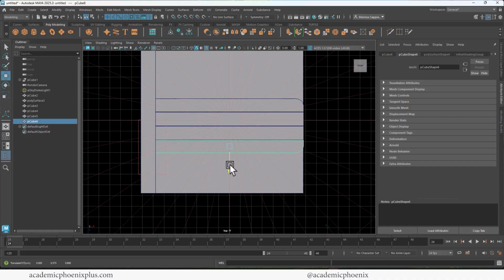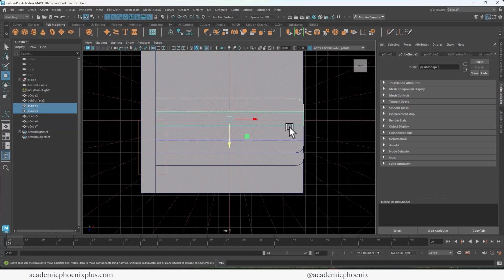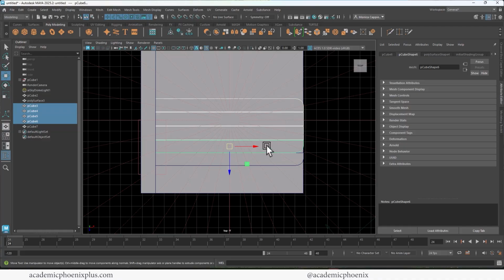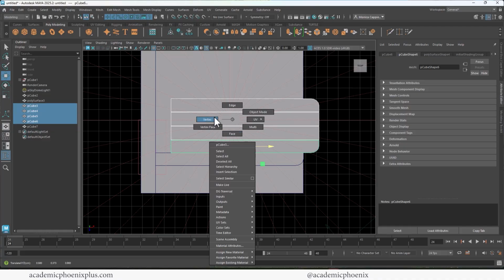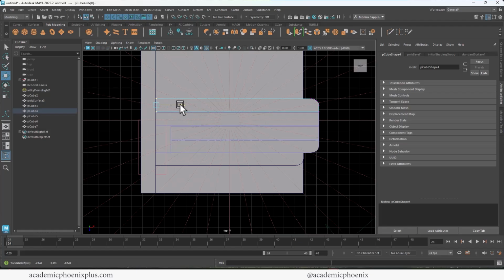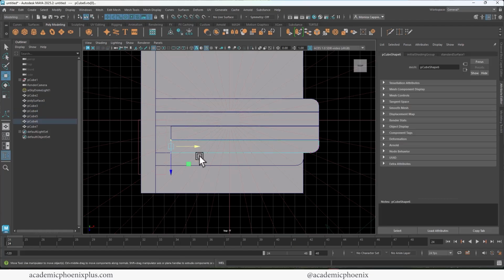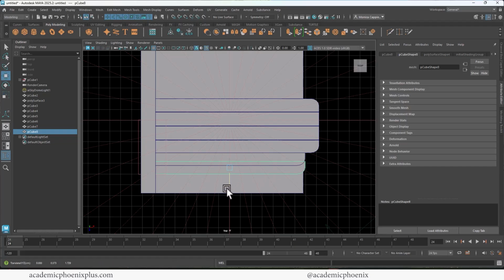I can place it here. Then I can duplicate this one. Place it here, and I'm actually going to extend beyond my environment. So just going to go ahead and grab it like so. Grab these vertices and make sure they're in the wall. There we go. Let me go ahead and duplicate this one as well. Bring it down. And one more,